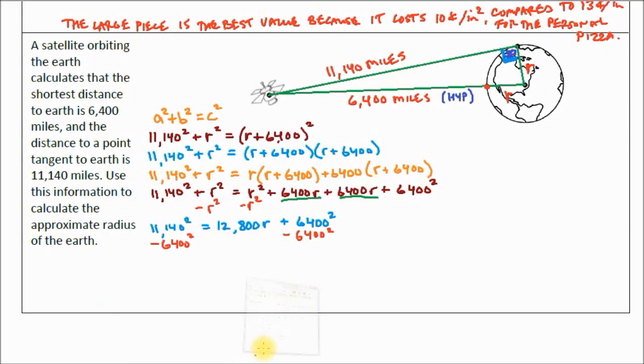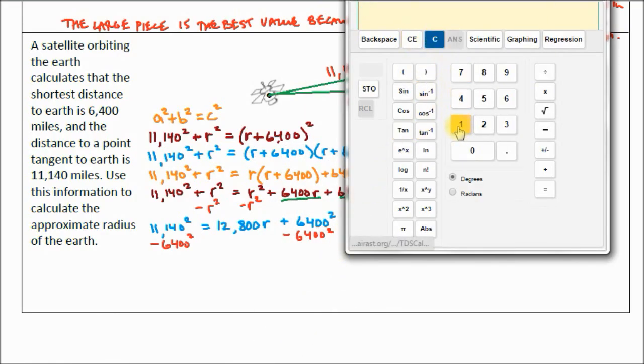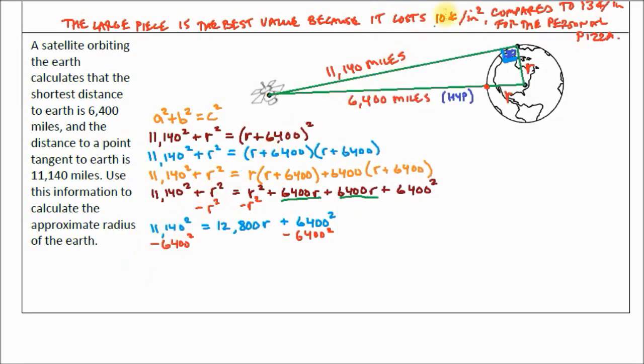All right. So I'm going to subtract 6,400 squared from both sides. Let's put that in our calculator. 11,140 squared minus 6,400 squared equals 83,139,600. I'm guessing that must be correct. All right, so let's write that in. 83,139,600 equals